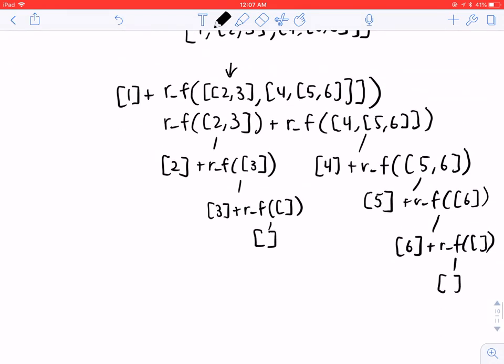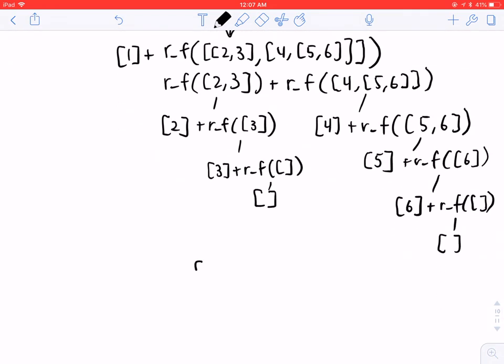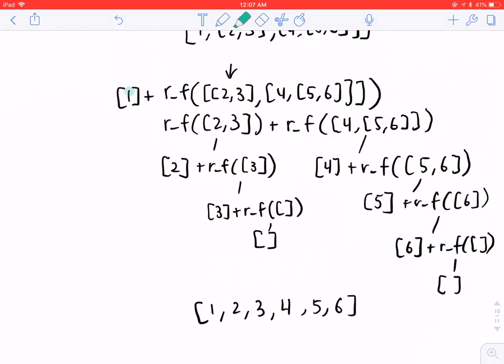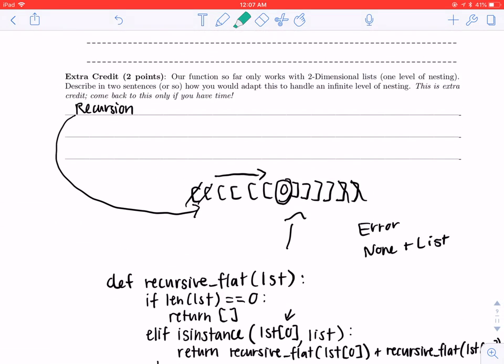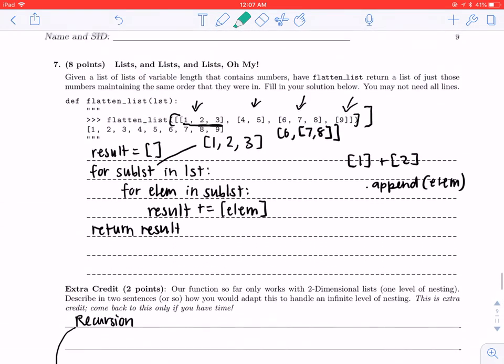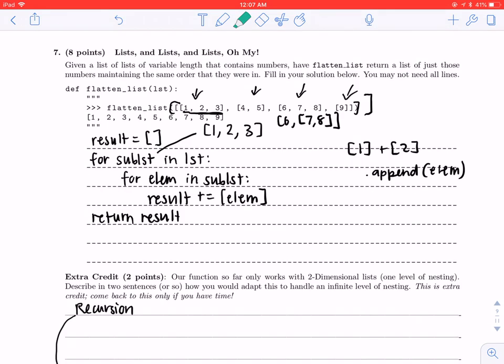So all together, when we add all of this up, it's just going to be 1, 2, 3, 4, 5, 6. And you can try to follow along the additions here. Okay, so that is recursive flattened list, and that is the last problem of fall